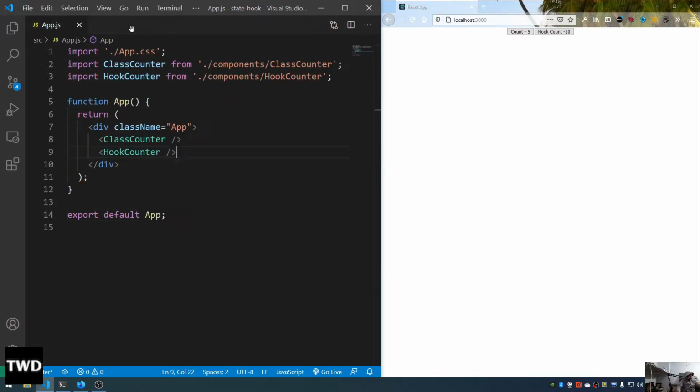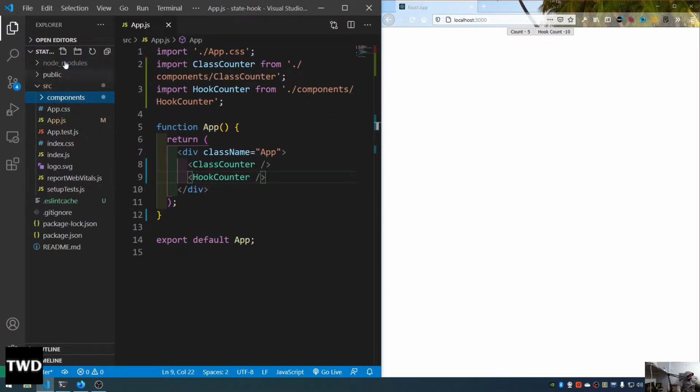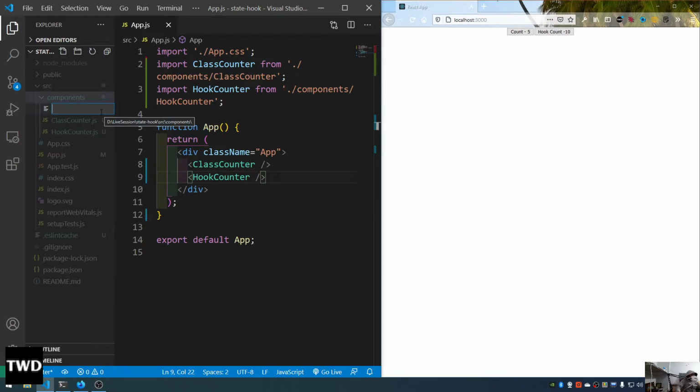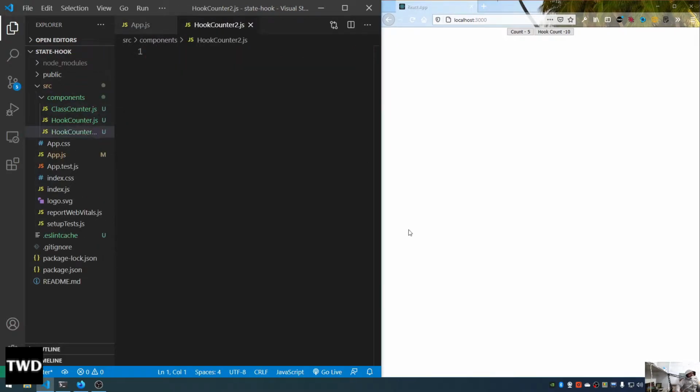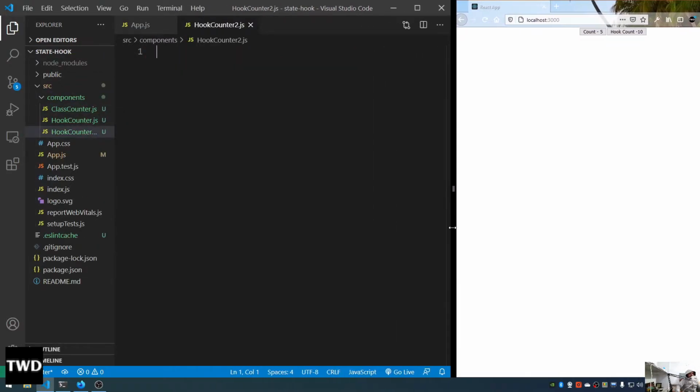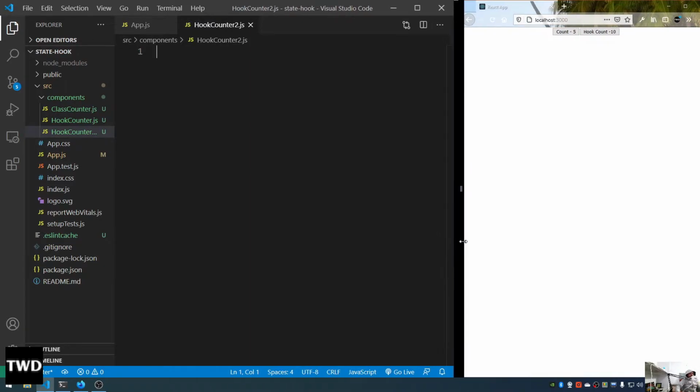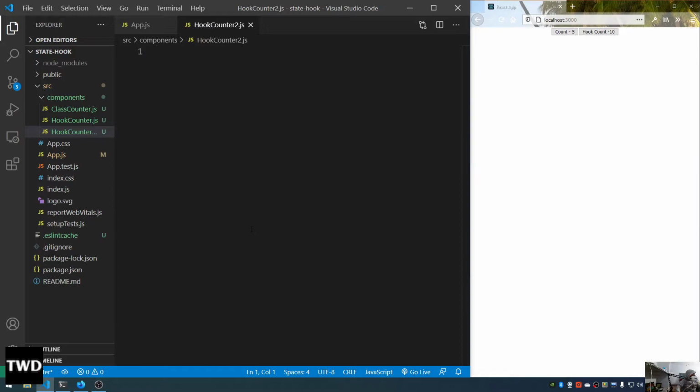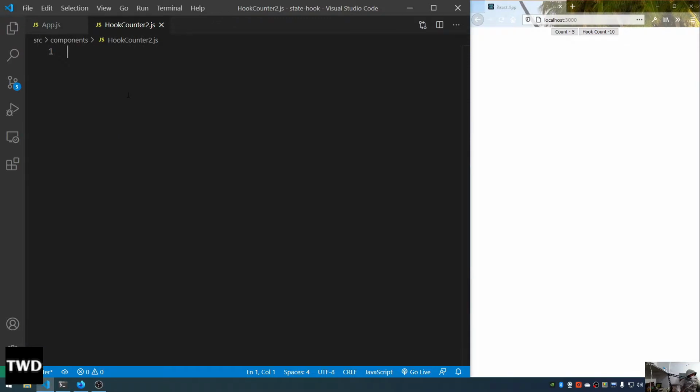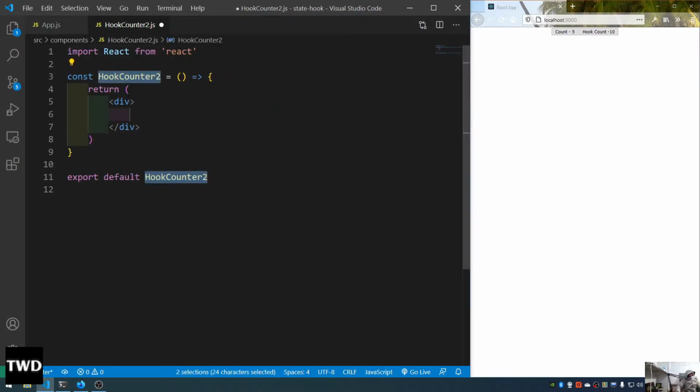I don't want this, I want a new file. So this is my old code which we have used in the first part. So hook counter 2.js. Let me increase the size a bit for the VS Code. Okay, so yeah, counter 2 is there. RAFCE HookCounter2,